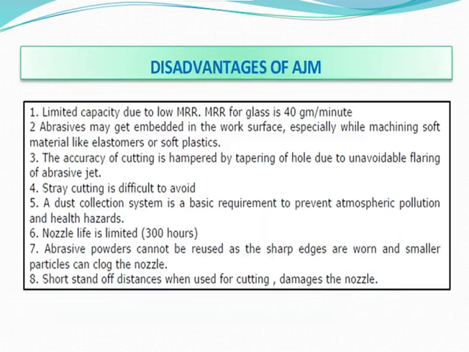So next we proceed to the disadvantages. Yes, every process has some limitations. Similarly, AJM also has some disadvantages, or you can say limitations. What is the first limitation? It is limited capacity due to low MRR. The material removal rate for glass is 40 gram per minute. In 1 minute, 40 gram of material is getting removed. So the material removal rate is very low. Next is